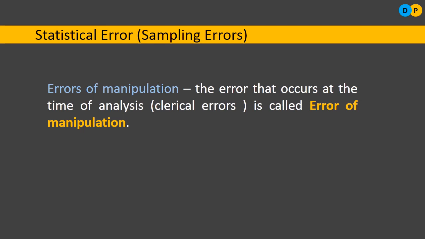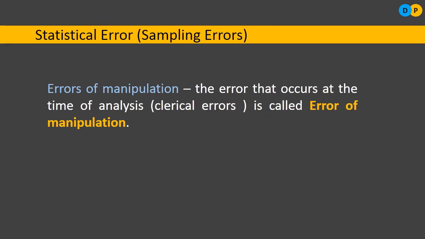Usually this mistake will be made by clerical staff. Let us say in the questionnaire the respondents have filled in all the information. Now this information needs to be converted to a digital format. Let us say there are 10,000 questionnaires filled by the respondents. We have given them to the clerical staff to put into digital format, to feed them to the computer. At the time of feeding this data to the computer, they might miss a few details, or make some mistakes, either in the age, or a lot of other things will go in. So the errors that occur at the time of analysis